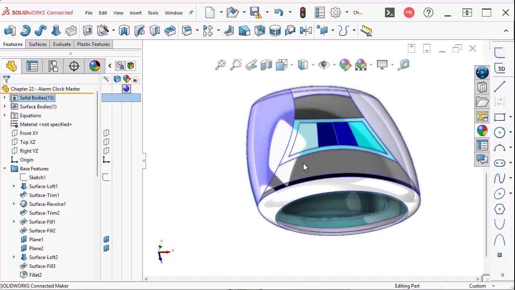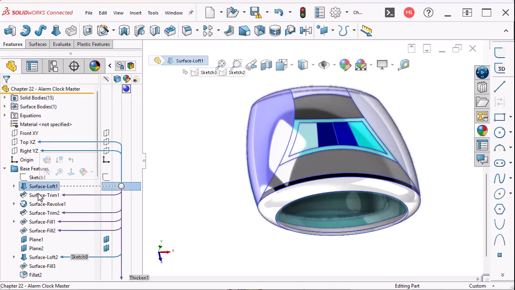So the master model is this original part where everything was originally created. So if you wanted to change the shape of the overall clock, you'd come back here to this part, change the shape, save out the resulting bodies as parts, and then bring them back together as an assembly. There's a single feature that does most of this for you, but I'm going to go through my idea of